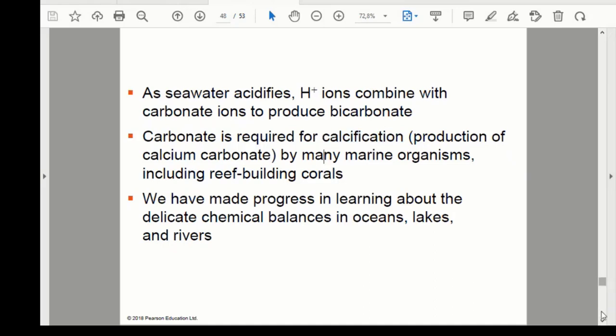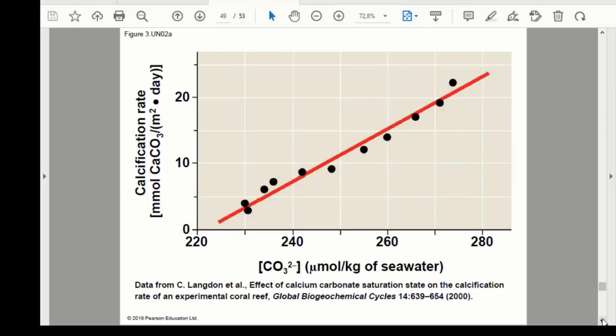And then when we go further, there is what is called the calcification rate, which is the effect of calcium carbonate saturation on the state of calcification